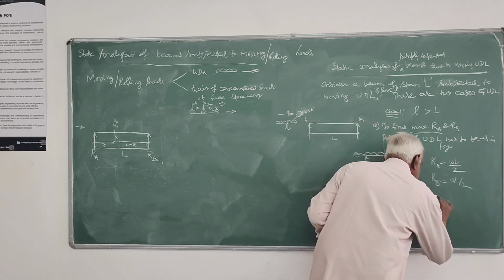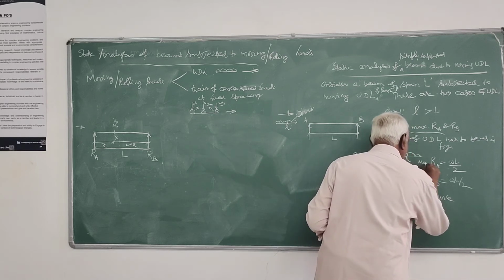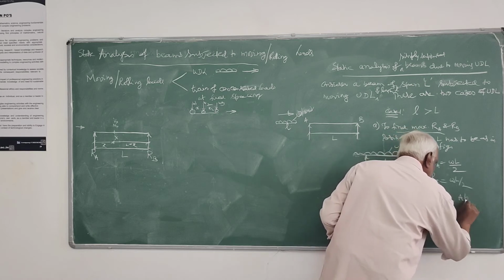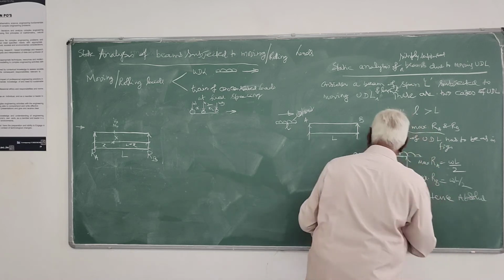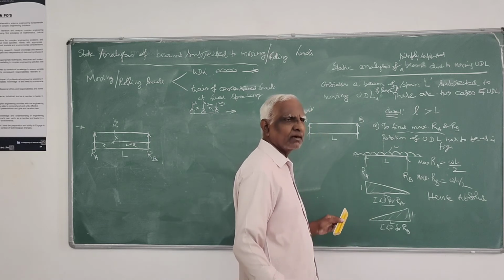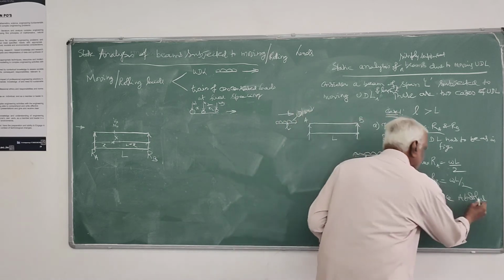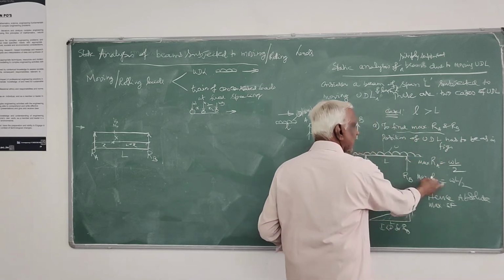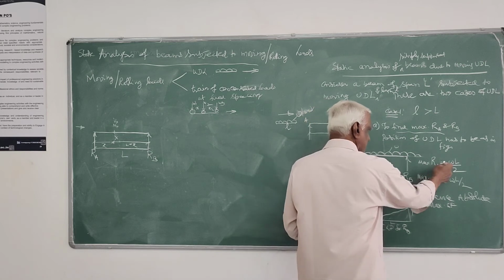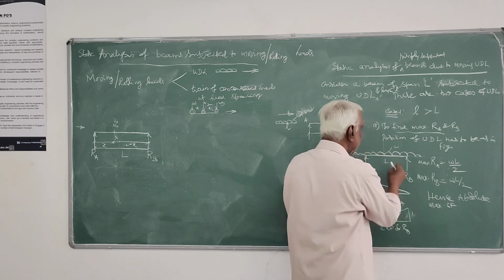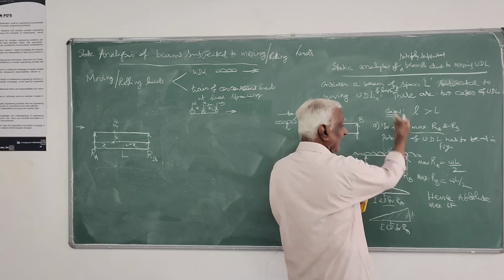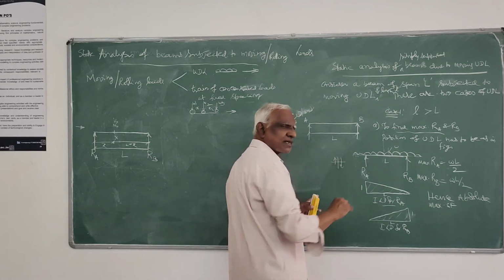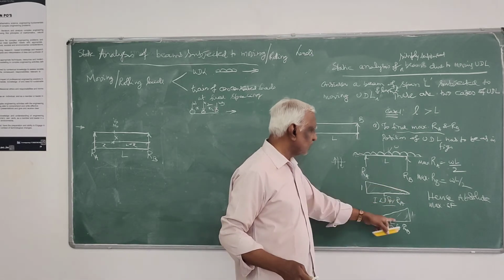So hence this is maximum RA, this is maximum RB, and absolute maximum. That is your design maximum reaction or maximum shear force. That is, absolute maximum shear is the maximum of this. So this is positive, this is negative, because RB is on the right side, acting upward, so shear on the right side is always positive by our same convention, so this is negative.